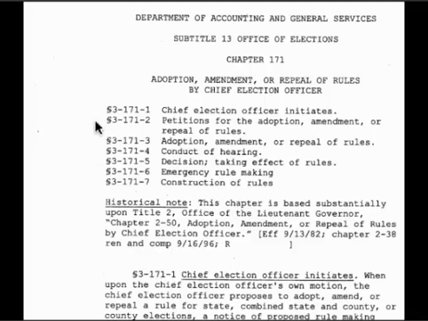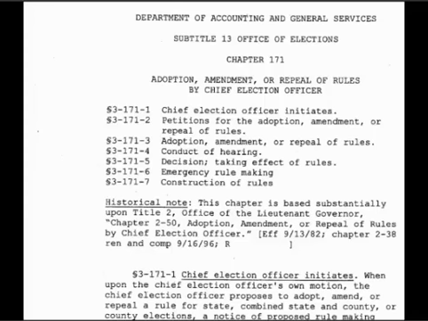So, once you get down to the rules, there's a couple of things to notice. First of all, Hawaii Administrative Rules have 3 part numbers. When we looked at a little bit at statutes earlier, they had 2 part numbers, a chapter like 321 and a section within that chapter like -1. The administrative rules have 3 numbers. Here it's 3-171-1. That's one easy way to spot the difference between statutes and Hawaii Administrative Rules, right from the get-go.